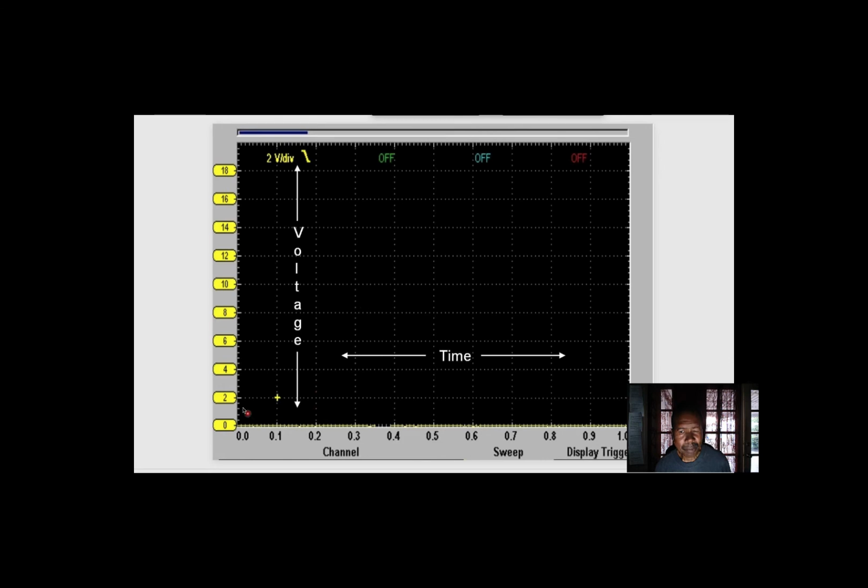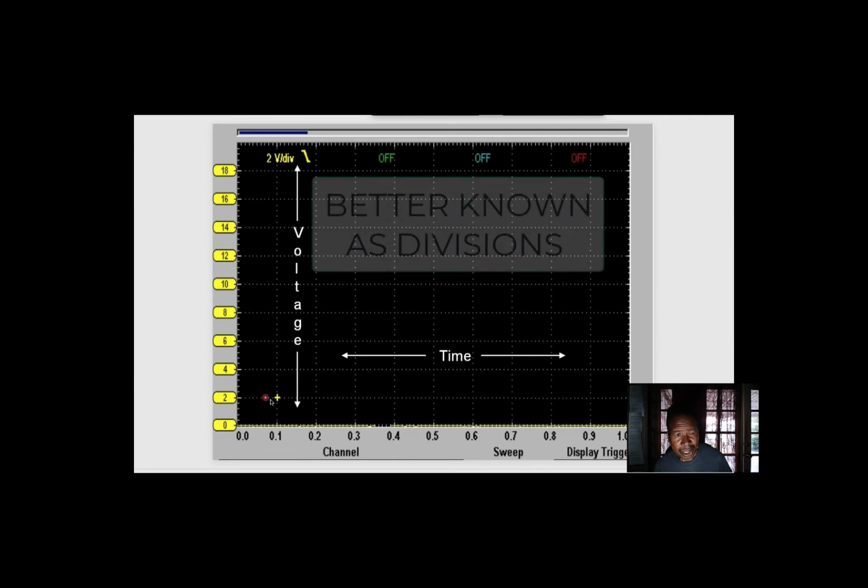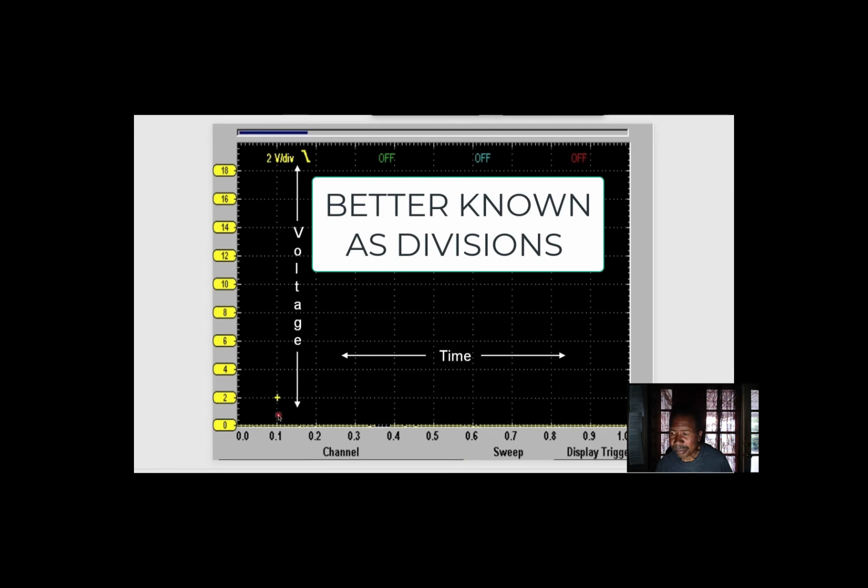Now my time is left to right on the horizontal plane. And usually a lab scope is 8 by 10 or 10 by 10, meaning 10 graticules going this way and 10 going across. So let me back up for a second. If I have 10 going this way on the vertical plane, and my top end is 20 volts, you have 10 divisions or 10 graticules, right? That means each